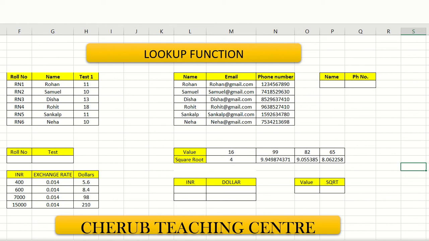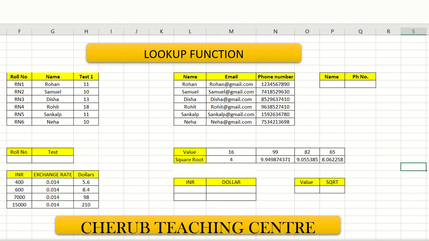You know how the lookup function is different from VLOOKUP? There are two basic differences. Here we are not going to use four parameters. When I covered VLOOKUP, we always entered four parameters, so you can watch my previous videos to understand, and then we actually get the VLOOKUP value.